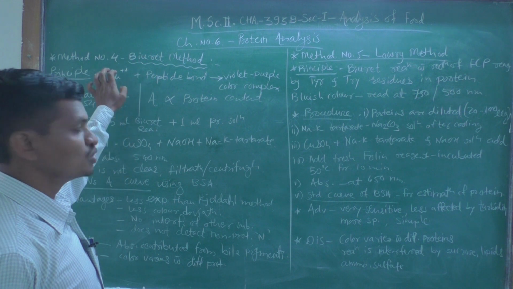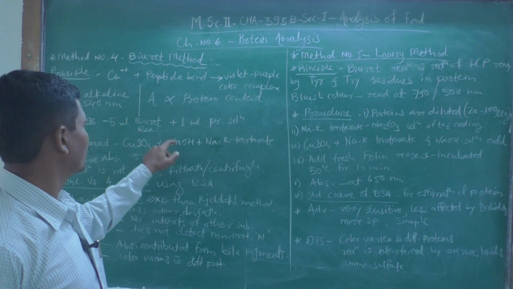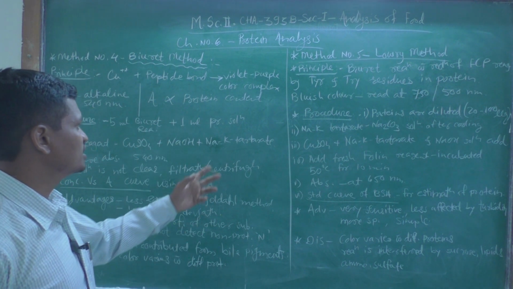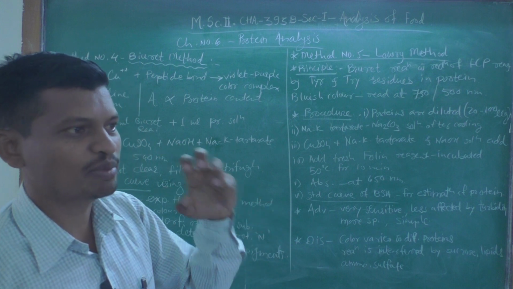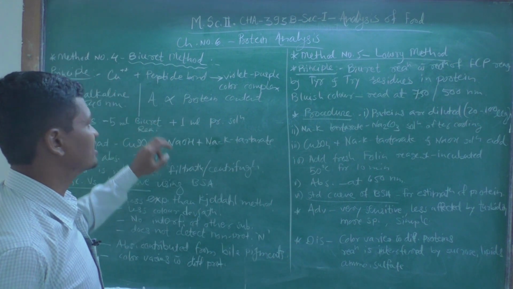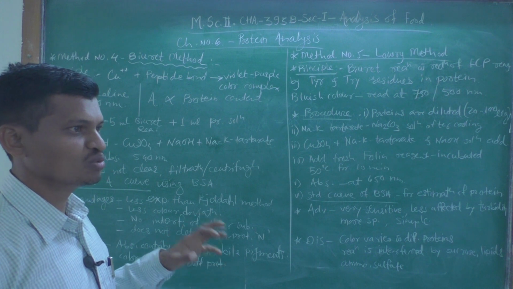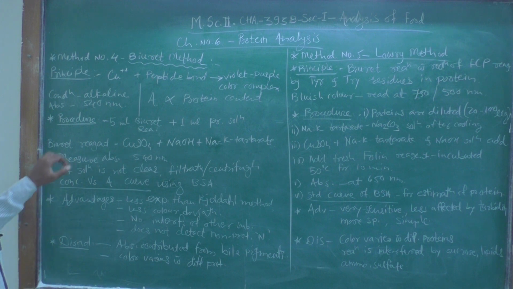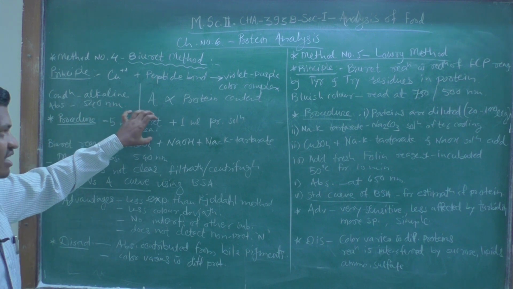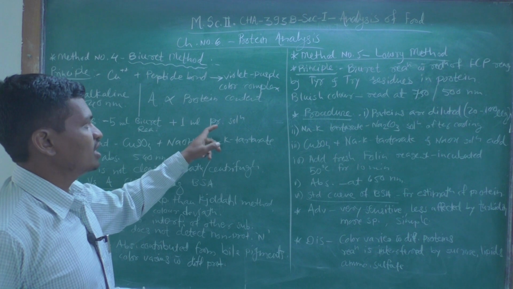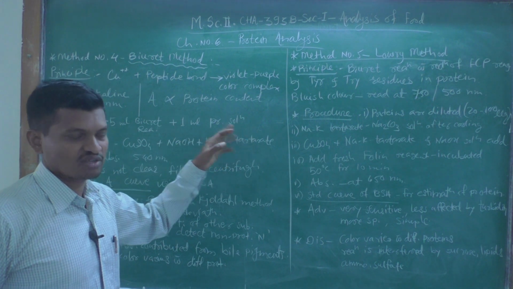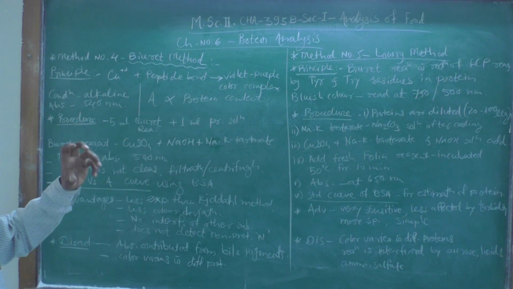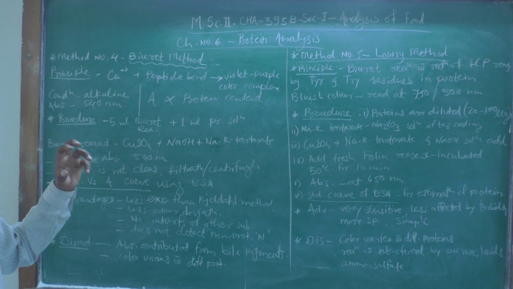Copper sulfate is the source of Cu2+ ions and NaOH provides the alkaline medium for this reaction. The sodium potassium tartarate is used to stabilize these cupric ions in the reaction medium. So this 5 ml biuret reagent is taken with the 1 ml protein solution sample. It is shaken well, and the reaction between them takes place.